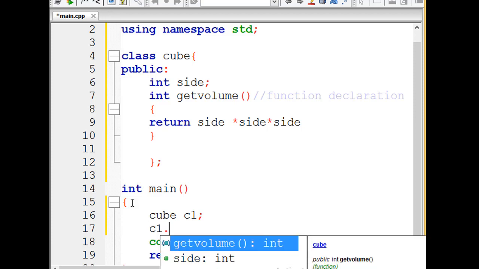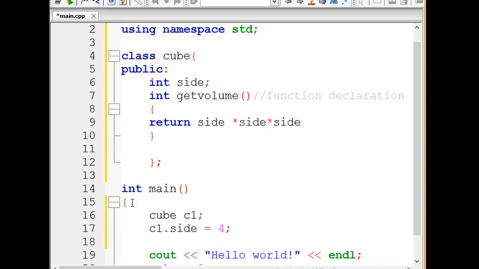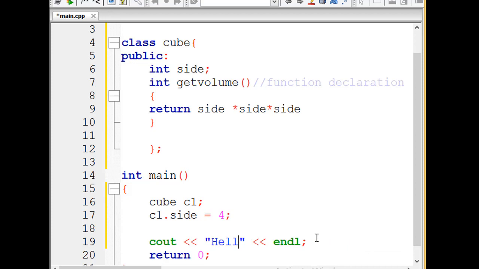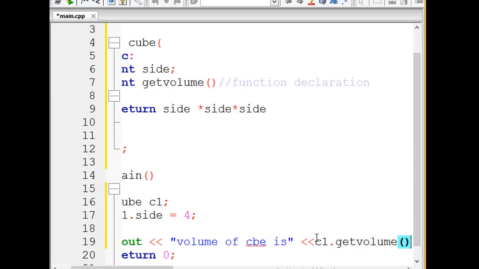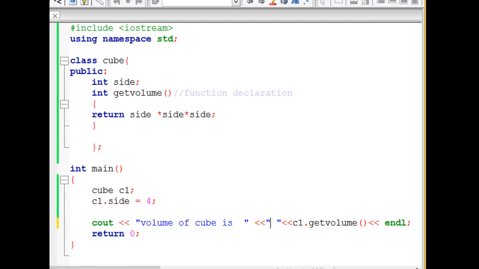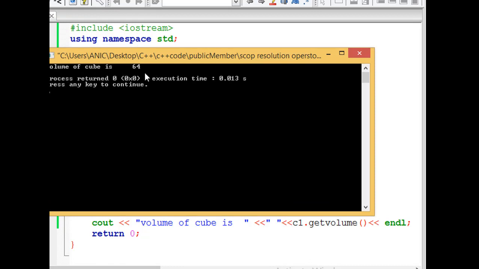C1 dot side is the variable name, and we pass the value, suppose 4, and then we call the function. cout volume of cube is, and then the insertion operator, and then we call the function as C1 dot get volume. That is the function, right? And if we compile this, here is the result. Volume of cube is 64.